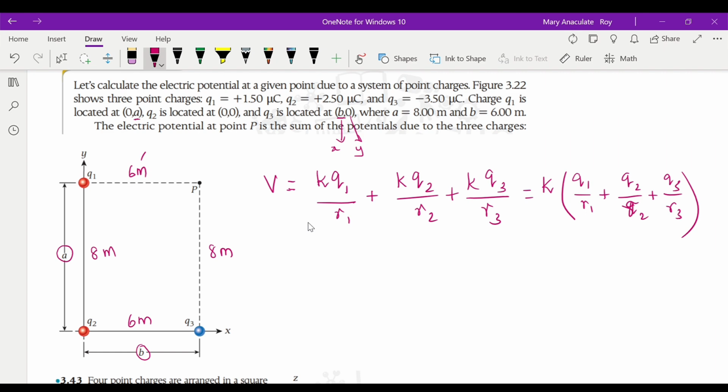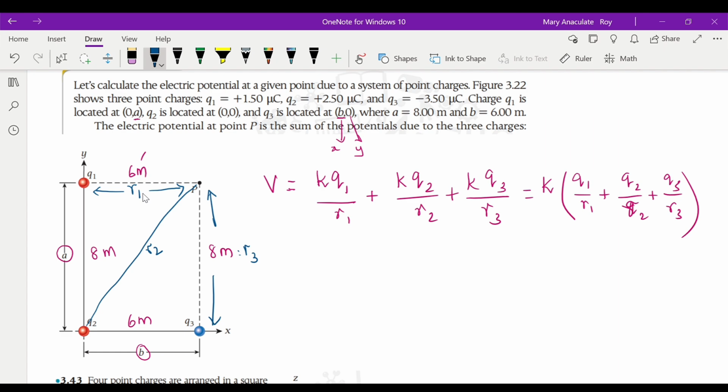We do have Q1, which is R1, the distance from P. This is what I said, you should not swap the distances. So let me label it on the diagram for you. Q1 is the distance of R1 from P. Okay, and Q2 is this distance, so we need to diagonally take the distance from P, so this is R2, and Q3 is this distance, which is R3 here. Okay, again labeling the diagram will be beneficial so that you avoid